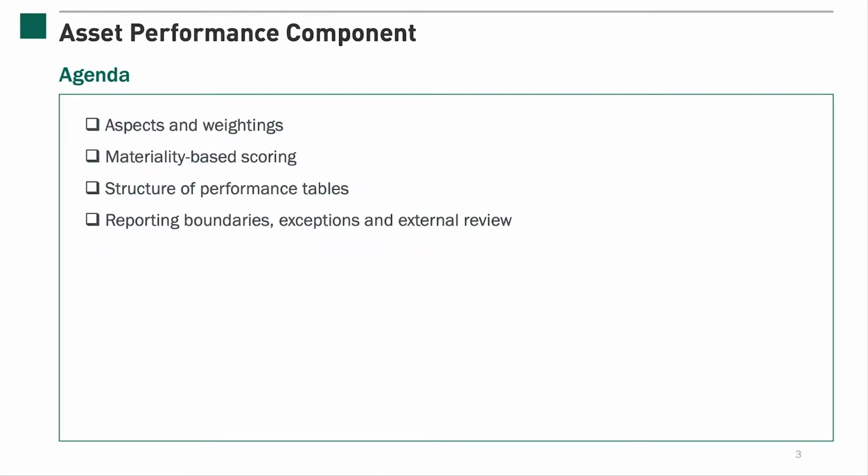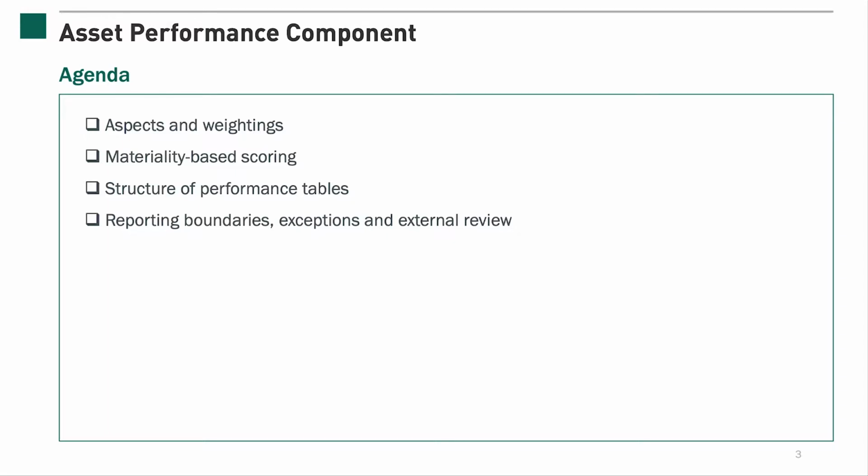We'll start with an overview of how the Asset Performance Component fits into the GRESB Infrastructure Assessment. For an overview of the Infrastructure Asset Assessment, refer to the lesson titled Asset Assessment Structure. We'll explain how materiality-based scoring applies to the performance component. We'll review the use of exceptions and reporting boundaries in relation to the reported data, and we'll discuss external review